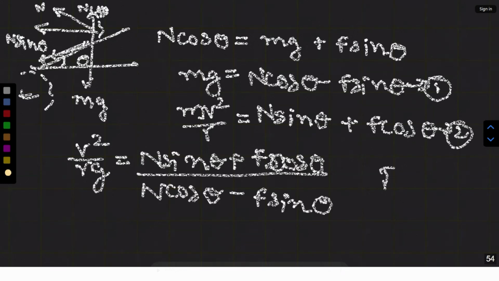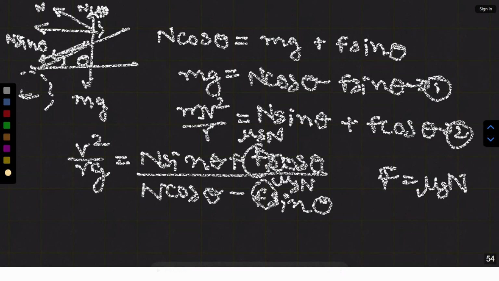Now we know that f is equal to mu s into N. N is our normal. So we'll substitute that over here. So you'll get mu s N cos theta. Similarly, mu s N sine theta. So what you can do is remove the N and then you can write it directly as v square by rg is equal to sine theta